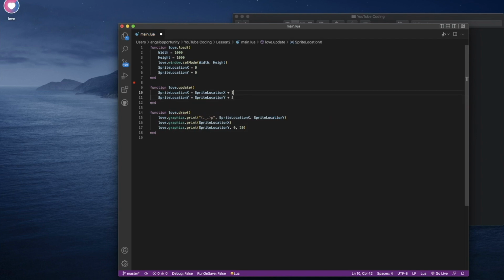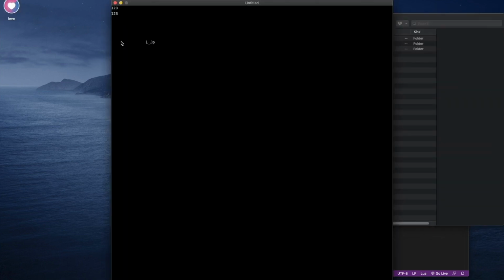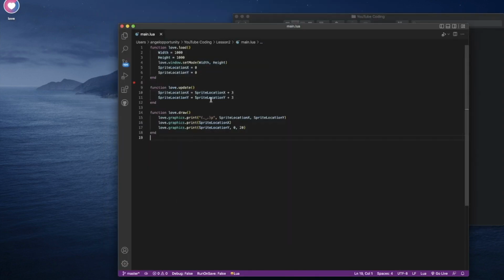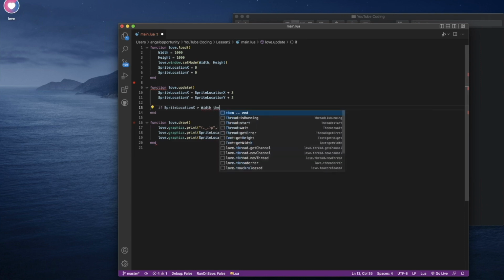Do +3. The 1 is too slow. So just making sure everything is still going normal there. Yeah. So what we want to have happen now is this is always going to happen, but we want to add in an if statement. If sprite location x is greater than width, then